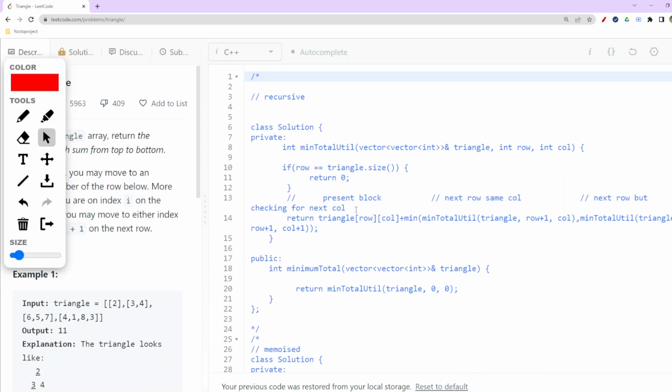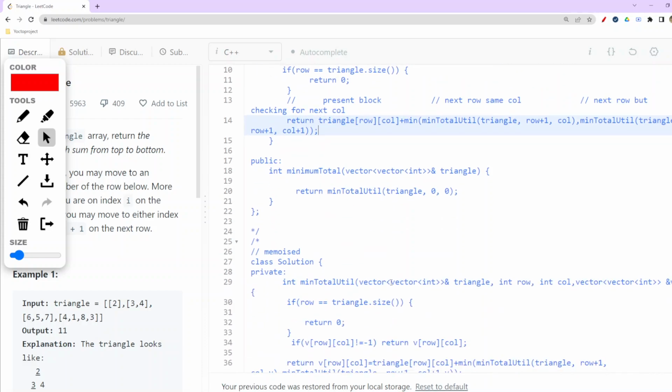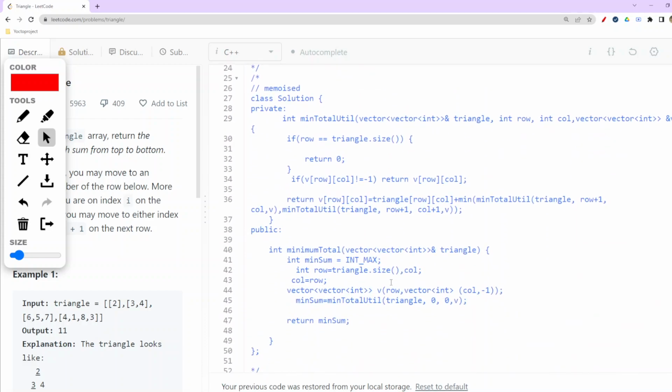Because I have commented in that manner so that it could be easy to explain. But no issues, I've already explained now. So for memoization, how we are going to go ahead is, again the same base case and the same conditions